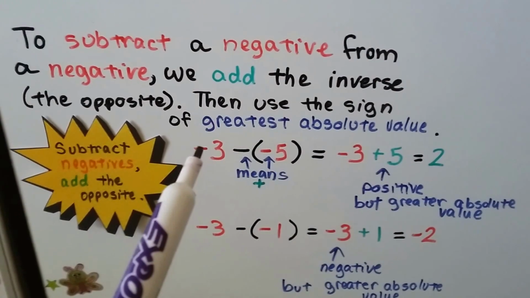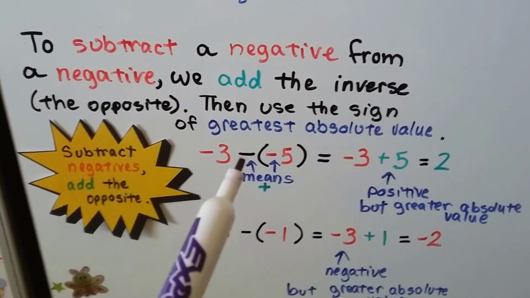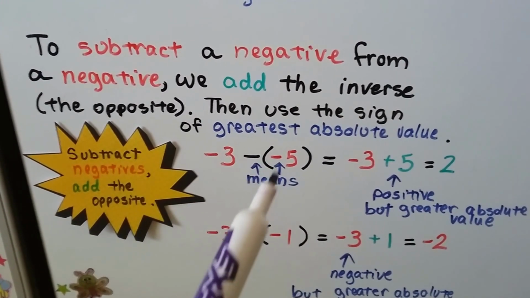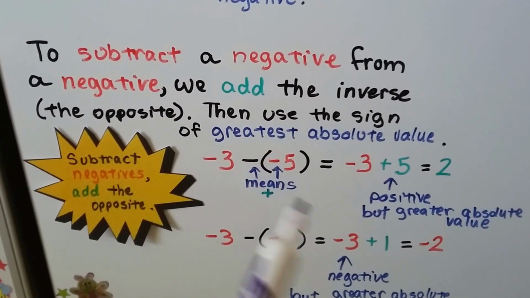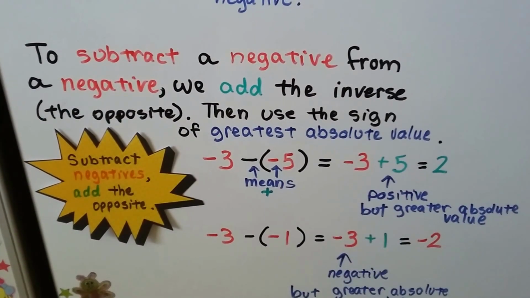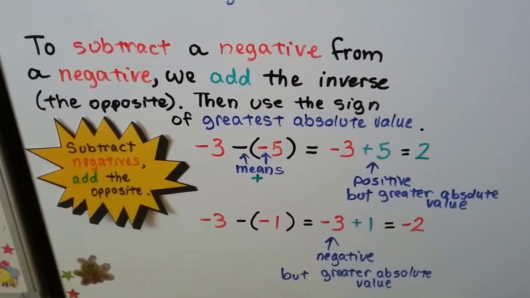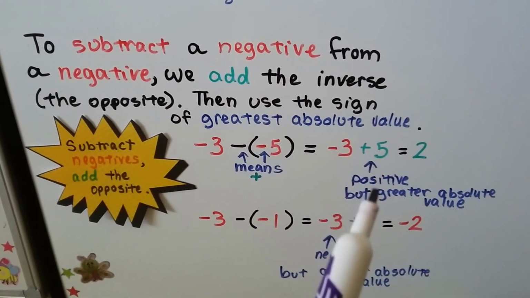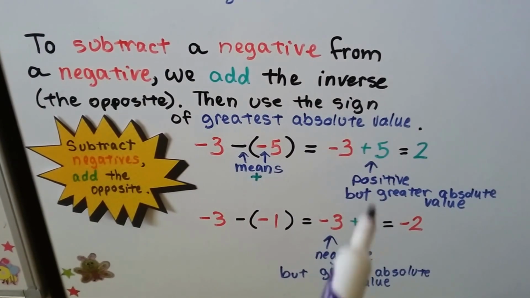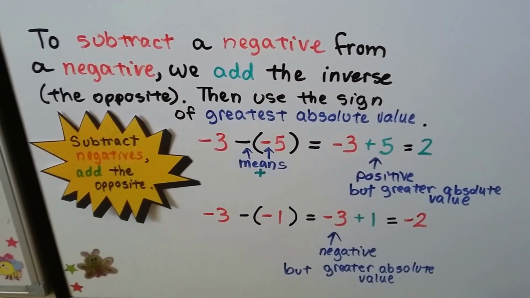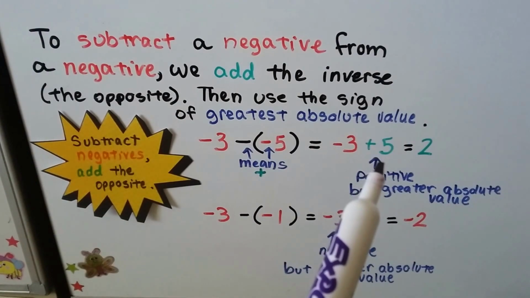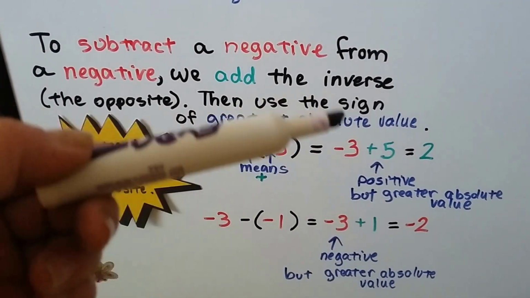So if we have negative 3 minus a negative 5, these two negatives together here mean a positive 5. So we're going to do negative 3 plus 5. And this 5 has a greater absolute value, so our answer is going to be positive. If you have negative 3 and you add 5 to it, that's going to bring you above 0 to